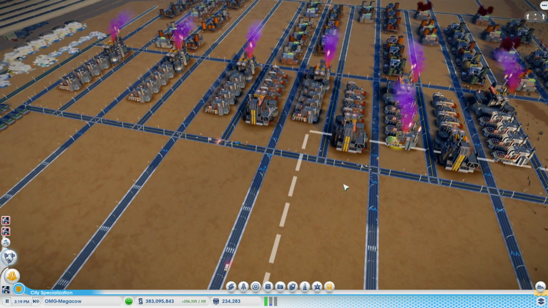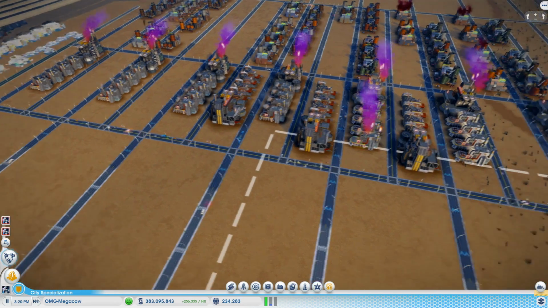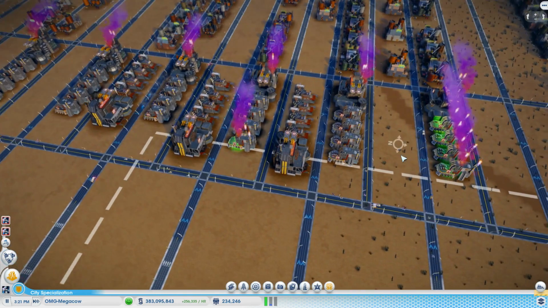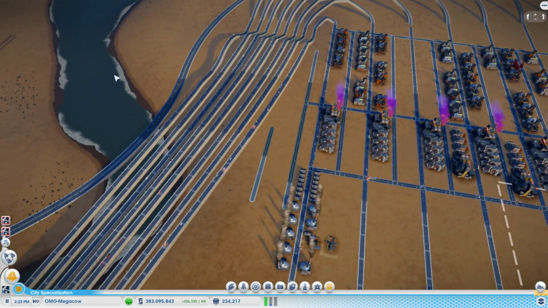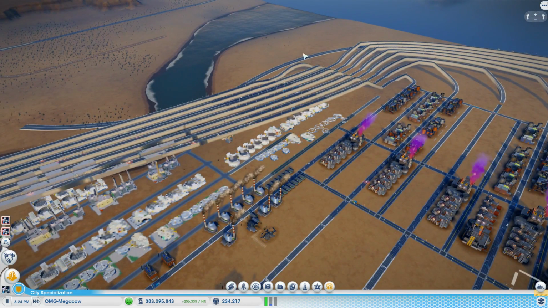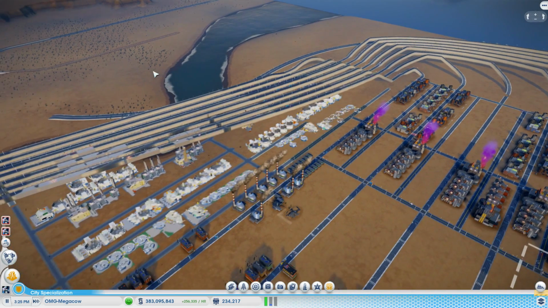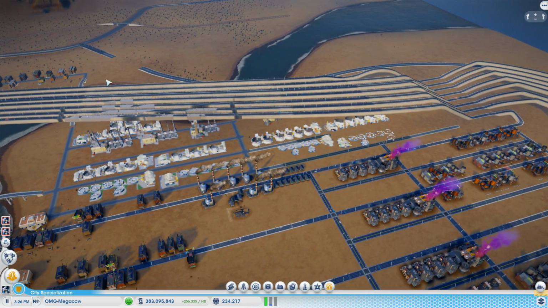Right, so I ran into this 1024 problem. So what I did was I actually got rid of, you remember when I put this road in around the back, this regional road, and I connected it up to here, just to prove that it didn't actually make any difference. I got rid of a little bit of road here.